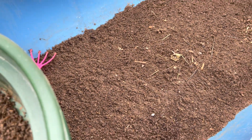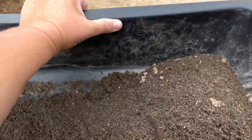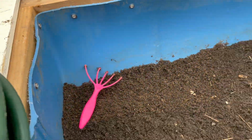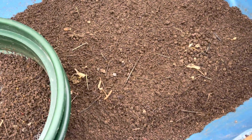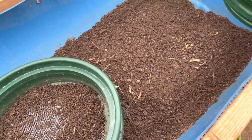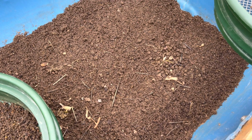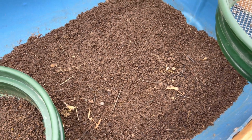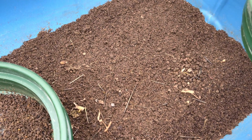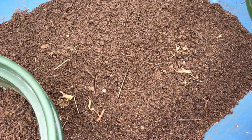thankfully, because boy, I went through a mess a while ago. So here's what happened. I have rabbits, and these bins were initially set up with coconut coir, horse manure, and rabbit manure. They were mixed up. I have added cardboard, shredded cardboard,